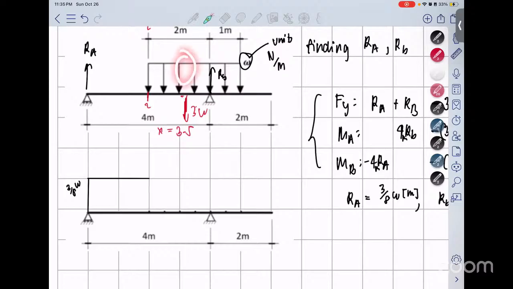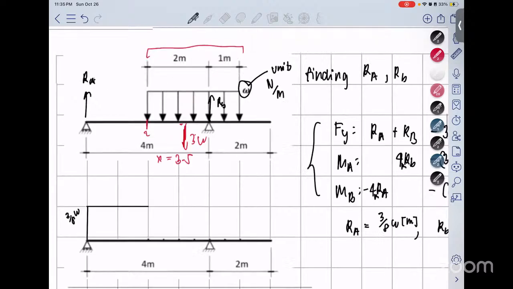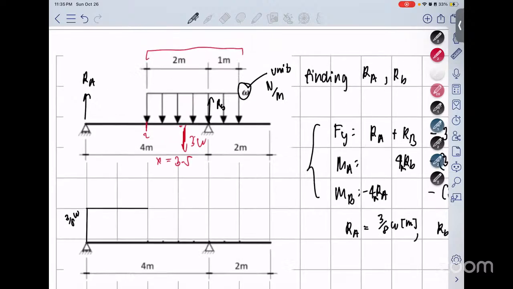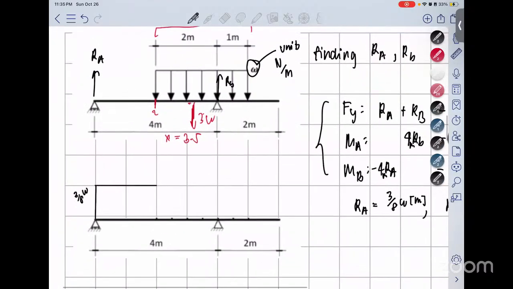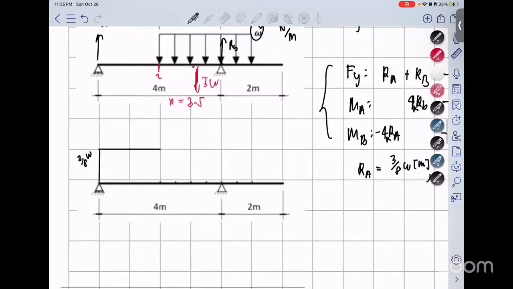This is negative, so therefore this should be sloping down. And just to get where its final point is, let's just get ito muna na area kasi may point force dito. So we want to get this area. That's just 2 times omega, so that's -2 omega, meaning from positive 3/8 omega,